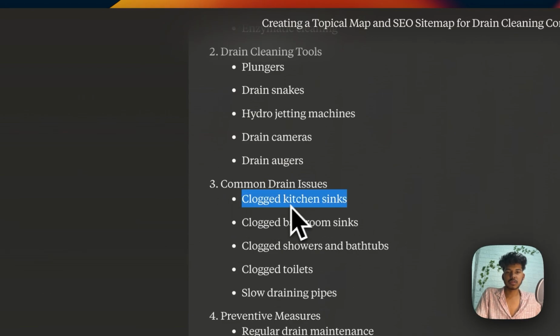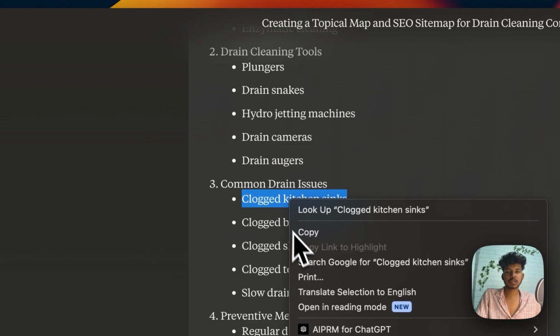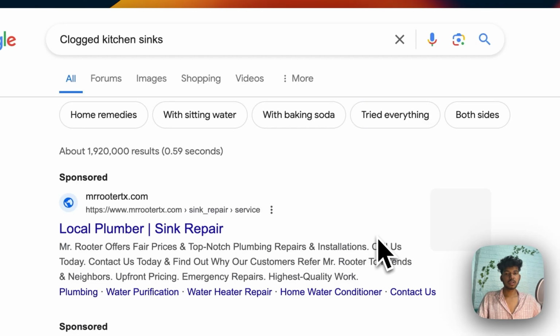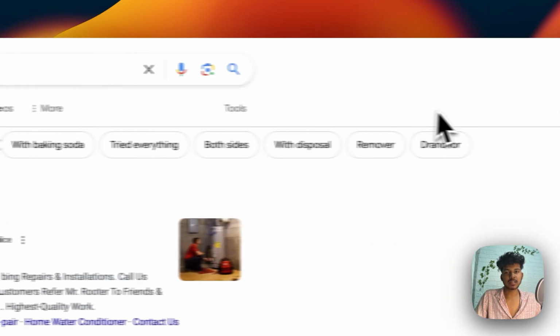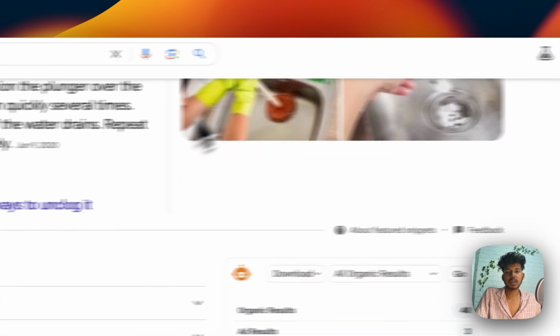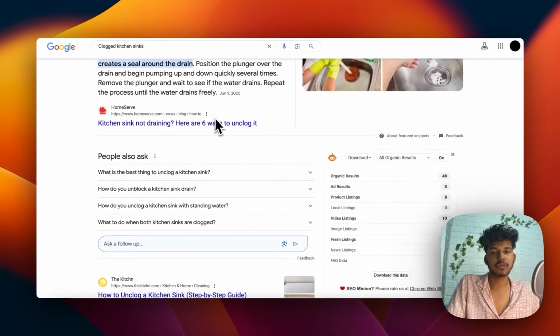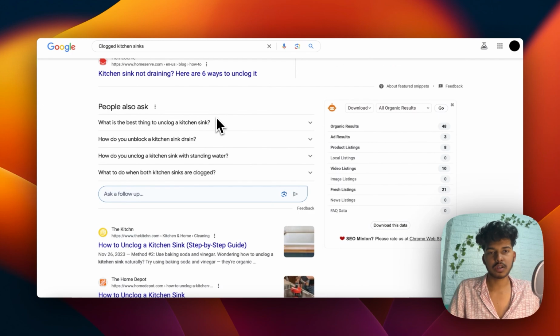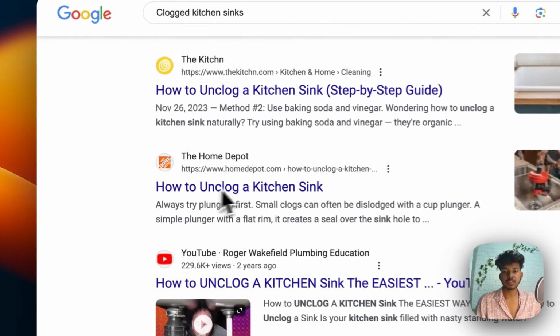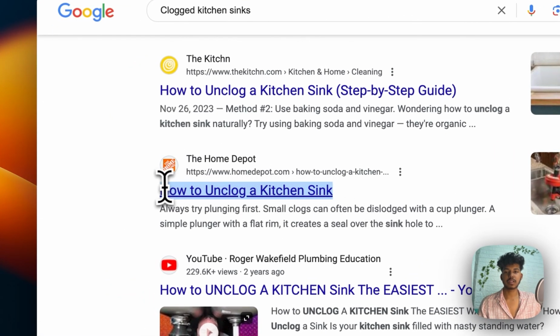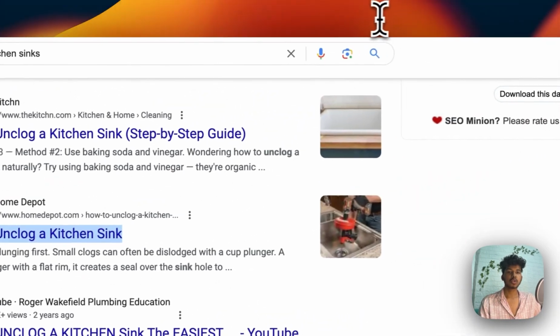Claude has suggested to write on clogged kitchen sinks. So what we'll be doing is searching this on Google to know what exact stuff people are searching, based on the meta titles of our competitors or similar businesses. How to unclog a kitchen sink is what everyone is searching actually. So I'll be using